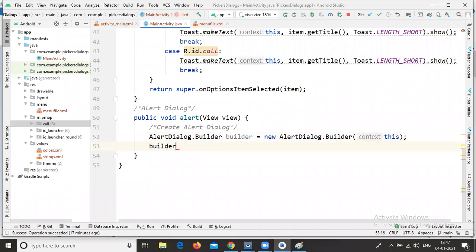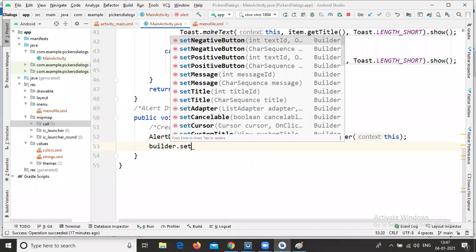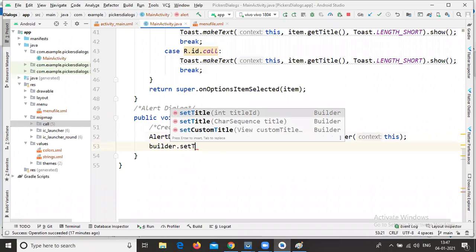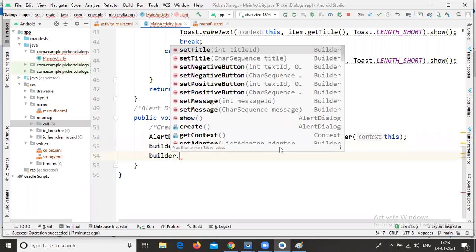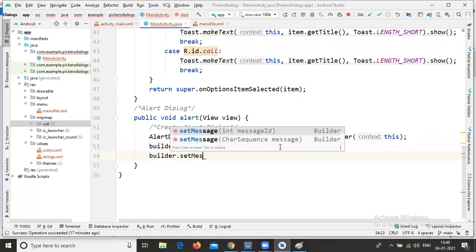Builder dot set title. Here I am writing the title as alert dialog. And after that, builder dot set message.